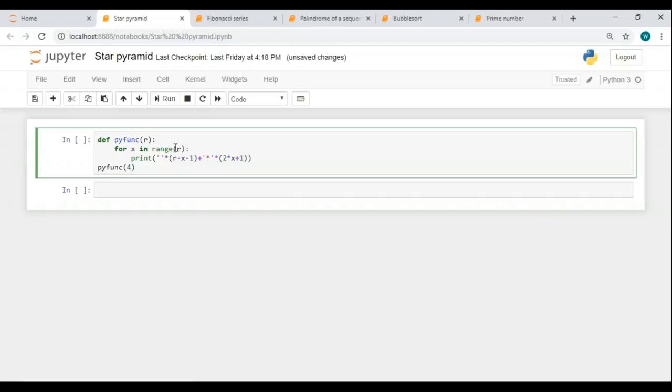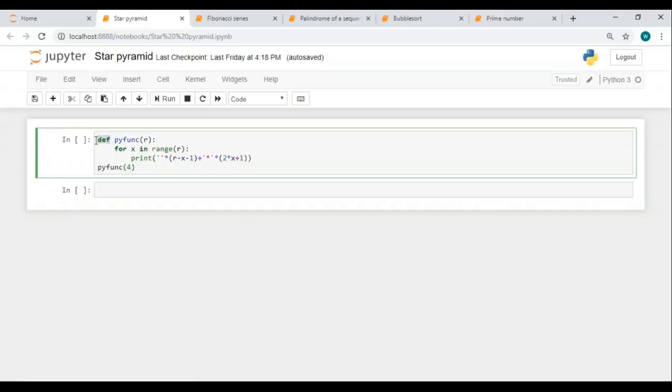If I do not specify from where it has to start, the range function will start generating numbers from 0. And r is the limit that I have specified as the number of rows that I want in my output. As you all can see on the screen, I just have a 4-line code that is going to help me print 3 types of asterisk triangles or pyramids. Now let's move ahead and see what exactly this code is doing over here.